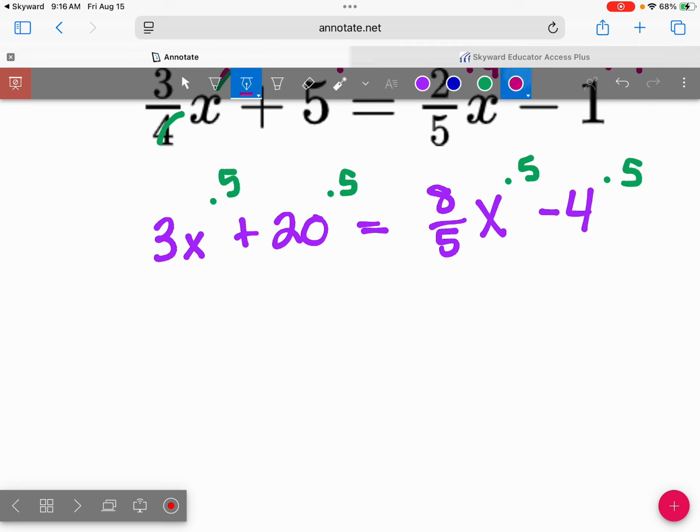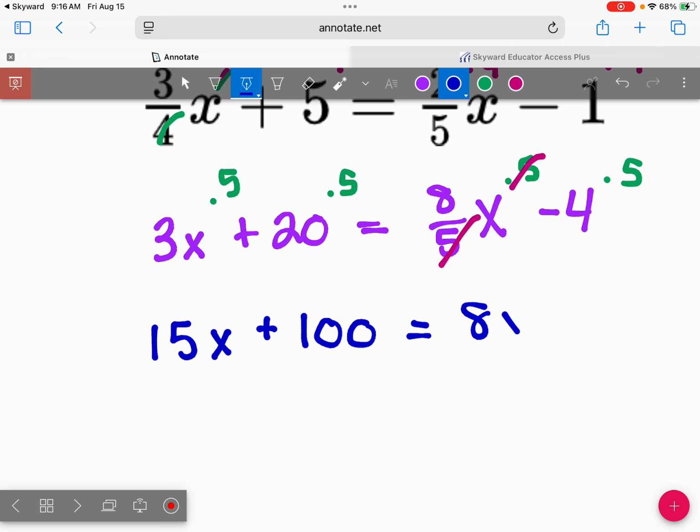And this way we can get our denominators out of here because it makes us more comfortable. If you are ready to rock and roll with your fractions, totally valid. You should get the same exact answer as me. But you don't have to make your life harder and work with the fractions. We can get rid of them